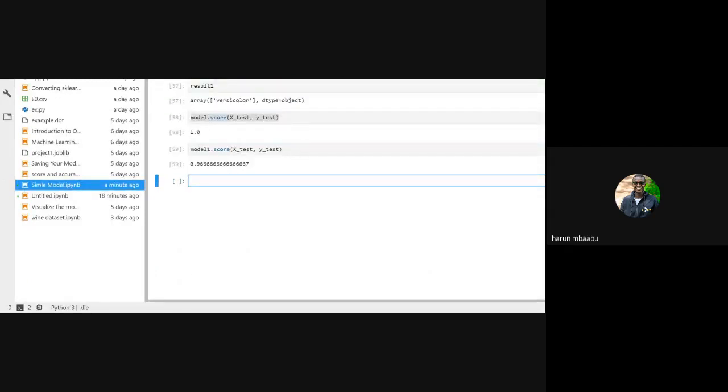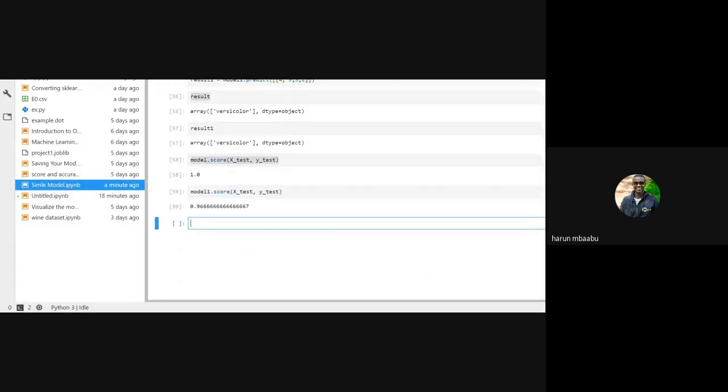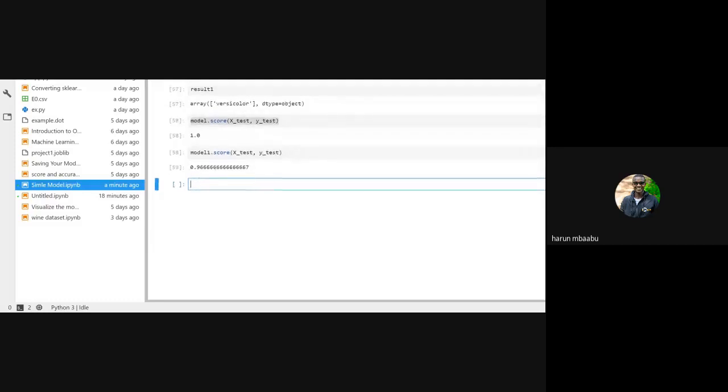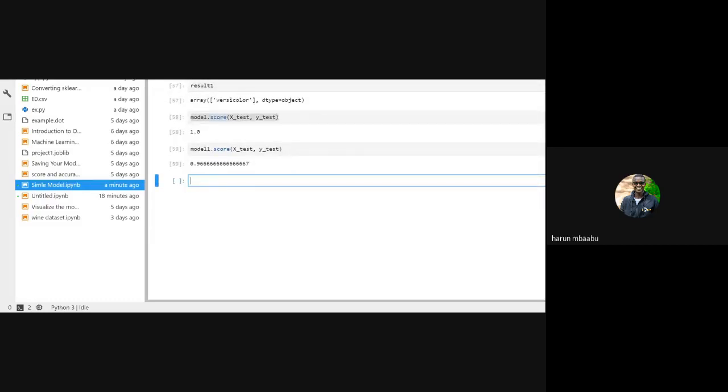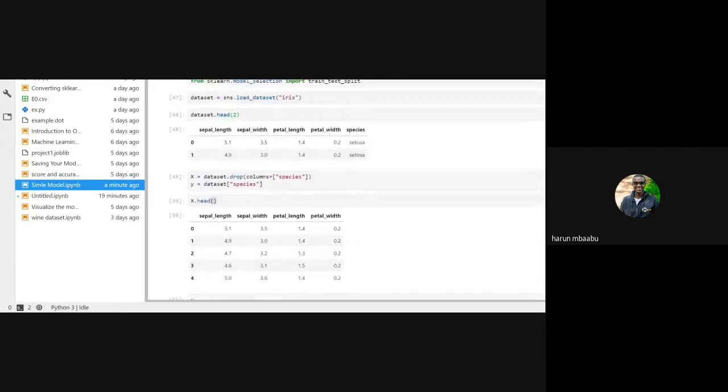The decision tree classifier score is 1. The accuracy is measured from 0 to 1, where 0.1 represents 10% and 1 represents 100%, 0 represents 0%. So you can see the decision tree classifier had 100% accuracy.